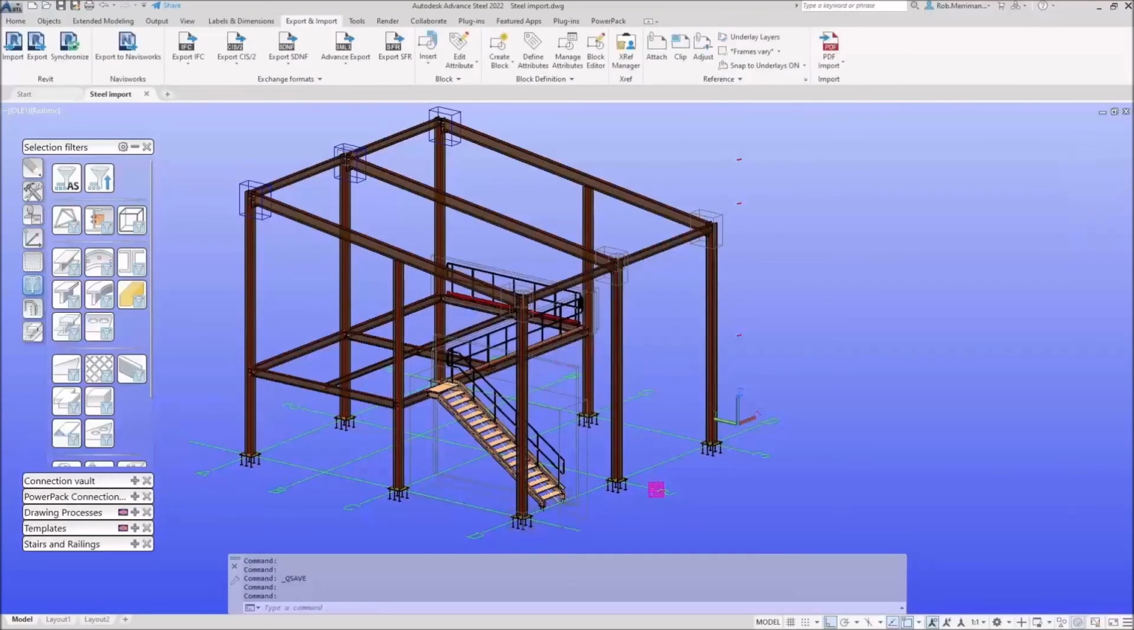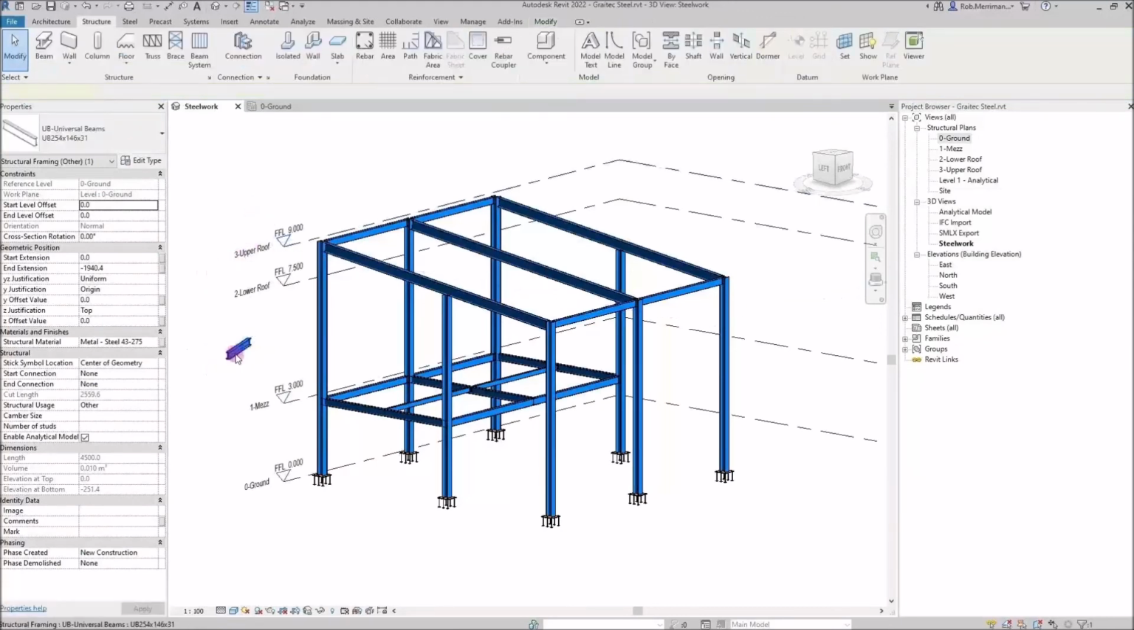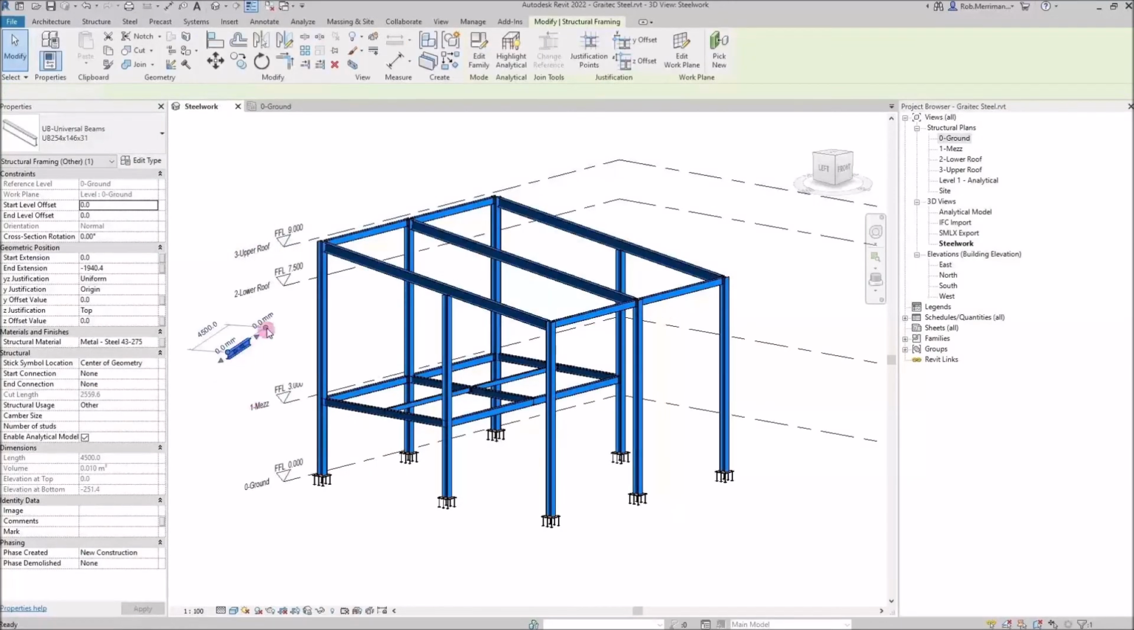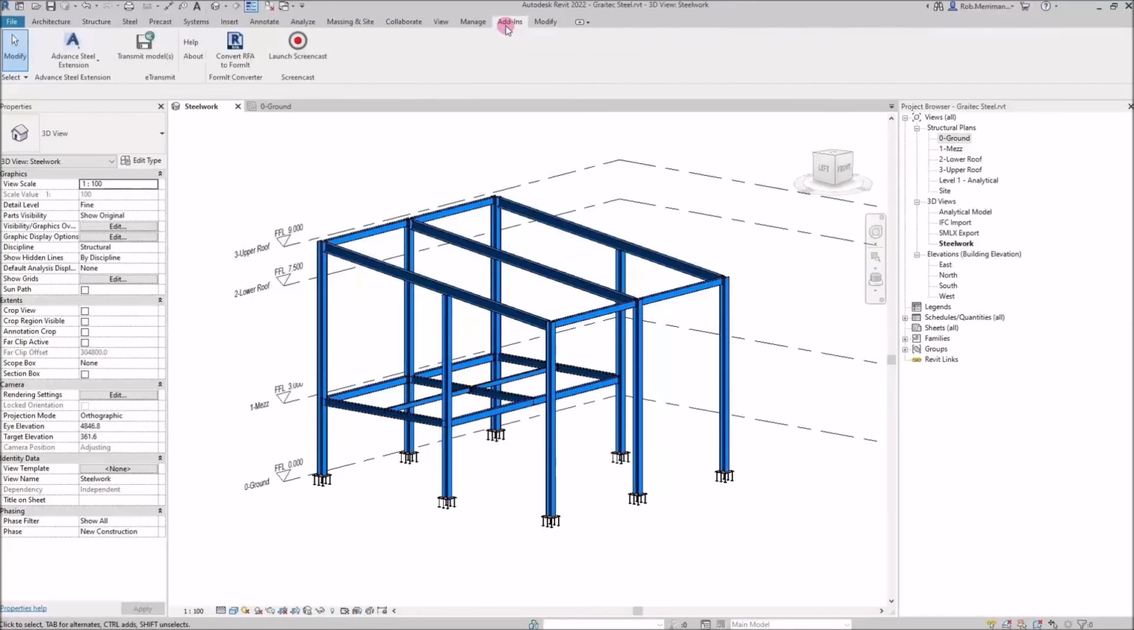That's finished the SMLX file. And then we'll go back to our original Revit model. Don't need that beam. That was me just testing something. So this is the Revit model with no staircase, all the connections aren't finished. What we can then do, we can go to the Add-ins tab, the Advanced Steel extension,